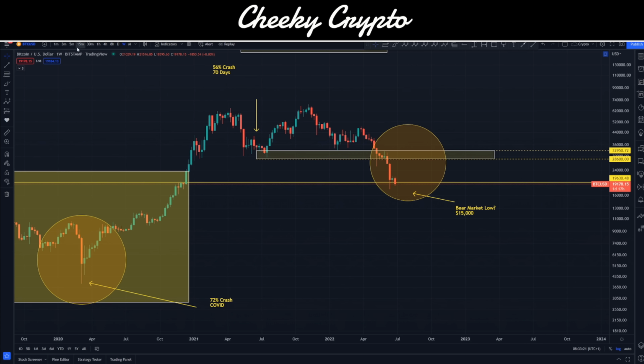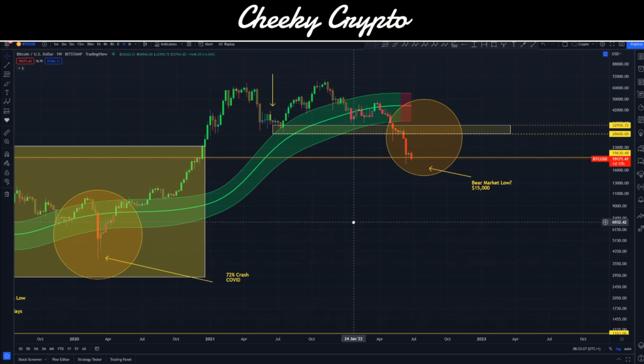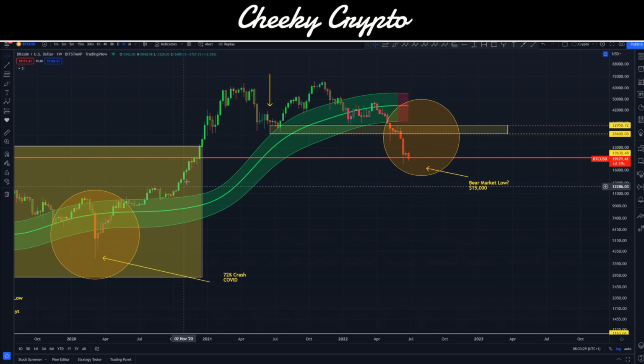Now also on that note, we'll throw in that Gaussian channel, which is a good indication of value. When it's green, you are basically looking at maximum value in the space kind of pushing up, and when it turns red, it's indicating that it's undervalued, considering the average price. Now what's good about this Gaussian channel,